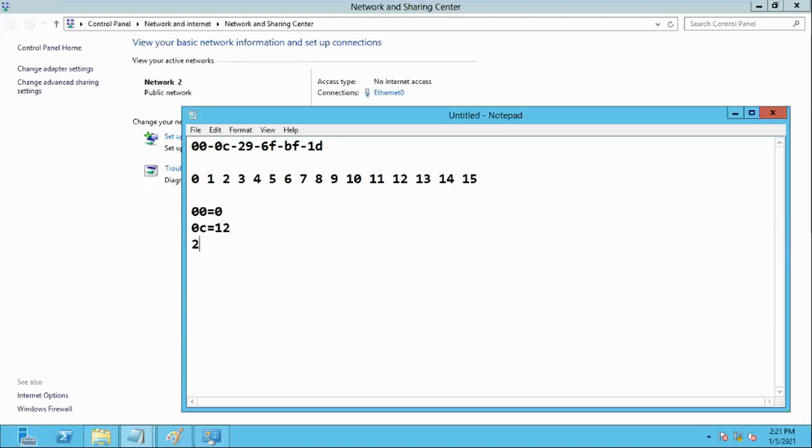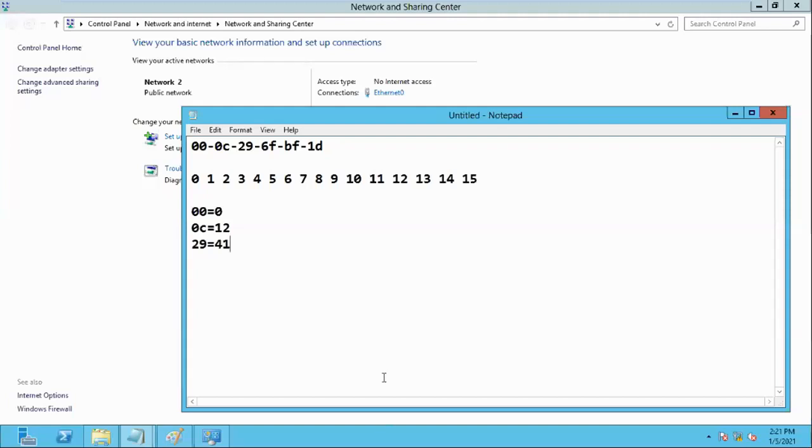And 29 means two, nine. 16 into 2 is 32. 32 plus 9 is 41. Yes, this is the 41.